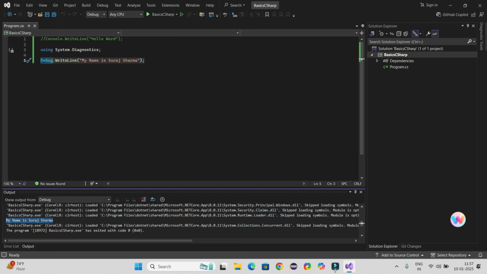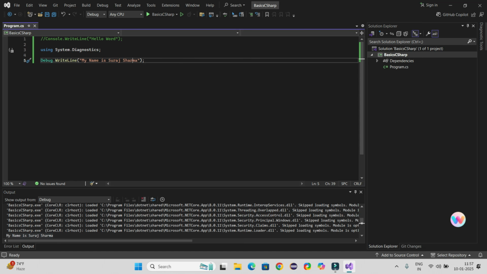So there are two ways you can print. One is Console.WriteLine, and the other way is using the Debug command. Now you see various unnecessary things are getting loaded here. Let's say you want to turn this off. For that, what you can do is